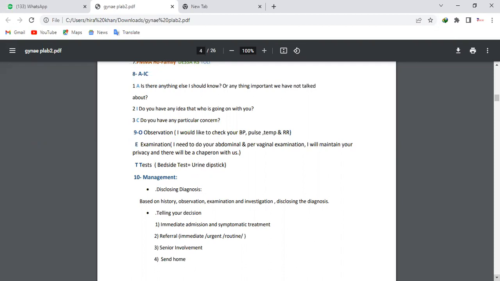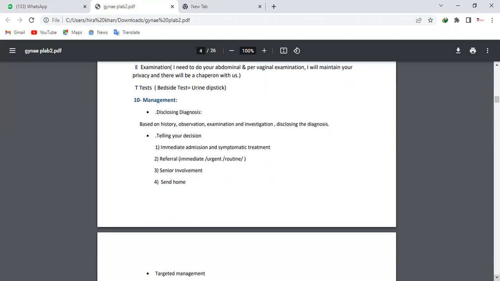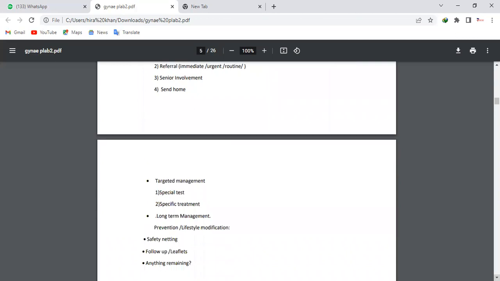And if the case is very critical or serious or important, always involve the senior. What will you say? For example, Mr. ABC, your diagnosis is this based on your signs and symptoms, and for this I'm going to refer you to this. I will also discuss it with my senior. By doing this, you are going to get 2 marks. So always involve the senior when the case is important or very different. And then if you want to add more, it's totally up to the scenario.